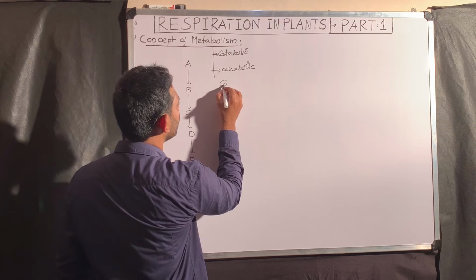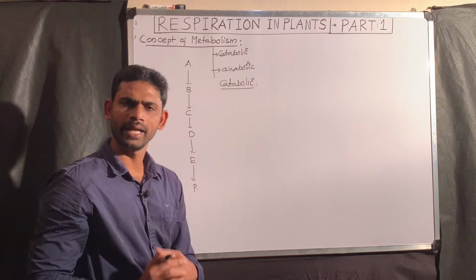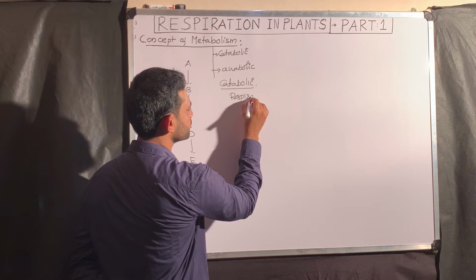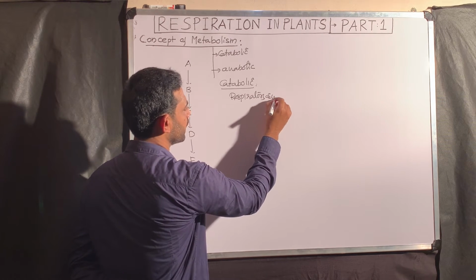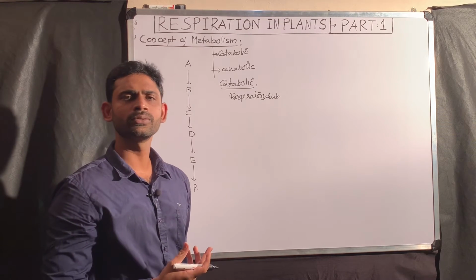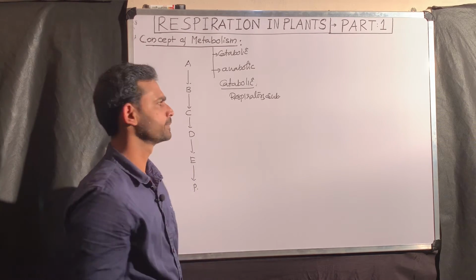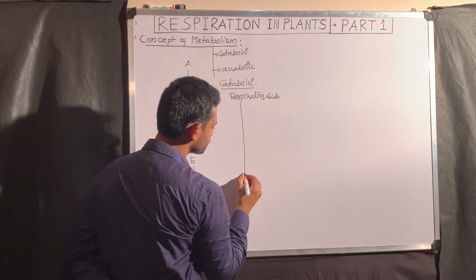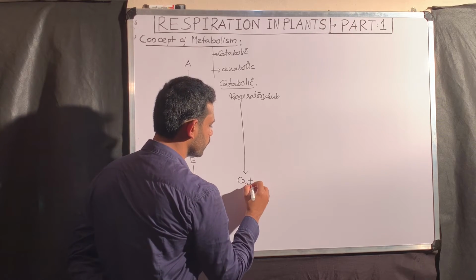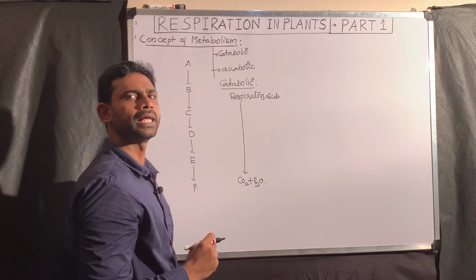First I will tell you what a catabolic pathway is. For example, here it is a respiratory substance. What do respiratory substances include? They include monosaccharides like glucose, amino acids, and fatty acids. These substances undergo a sequence of biochemical reactions, with CO2 and H2O as the usual end products. So how is the catabolic pathway defined?